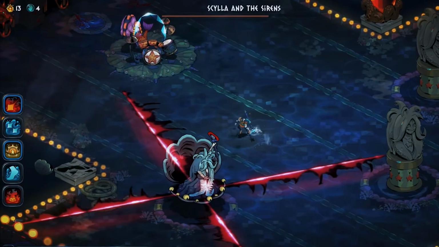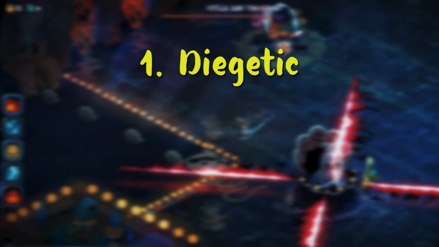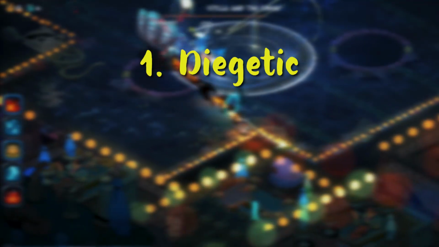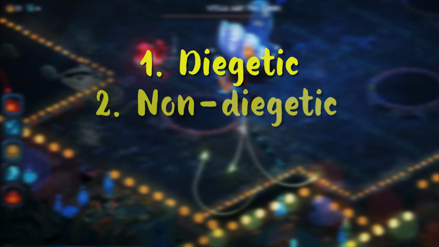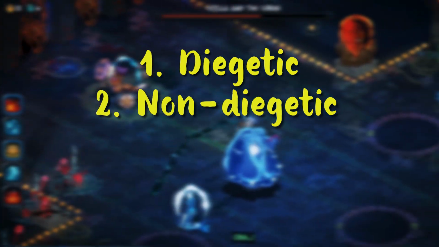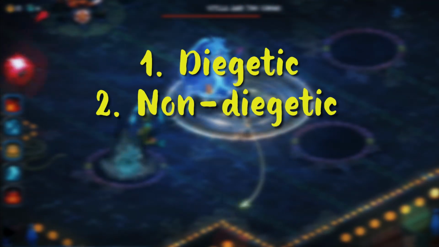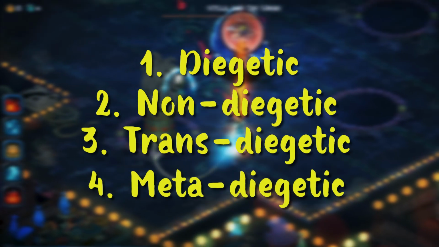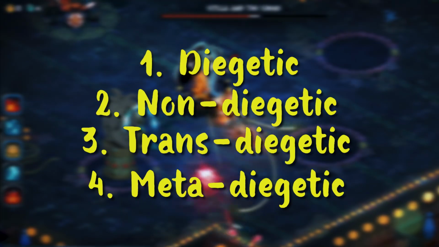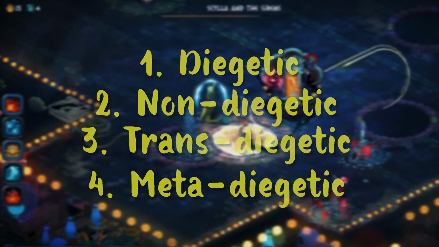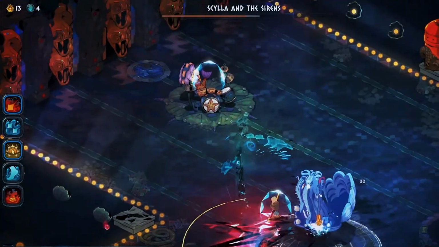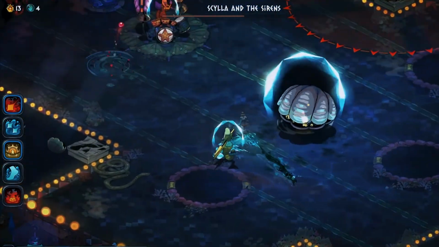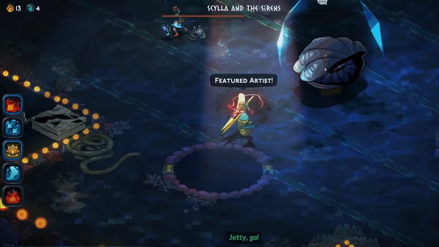So let's wrap it up. By now you know what diegetic means. It's everything that exists inside the world of a movie or a video game. Everything that comes from outside is non-diegetic. Sometimes the sound can be deceptive, like with Scylla, where what feels like a soundtrack turns out to be in-game performance. And sometimes the line is completely blurred, and the sound resists any single category. Scylla isn't memorable just because Coral Crown is a great song. She's memorable because the music isn't background, it's a character, a gameplay mechanic.